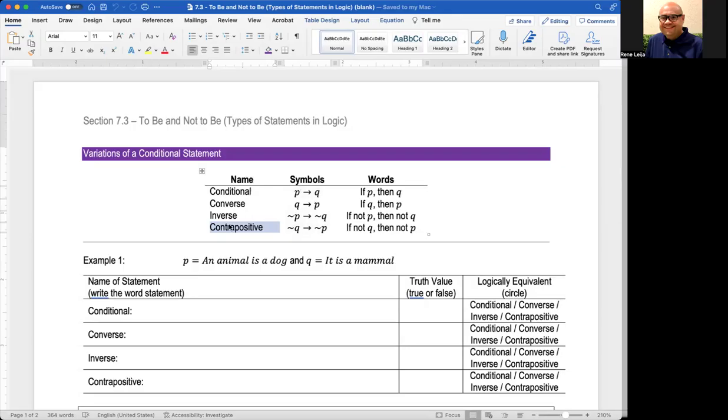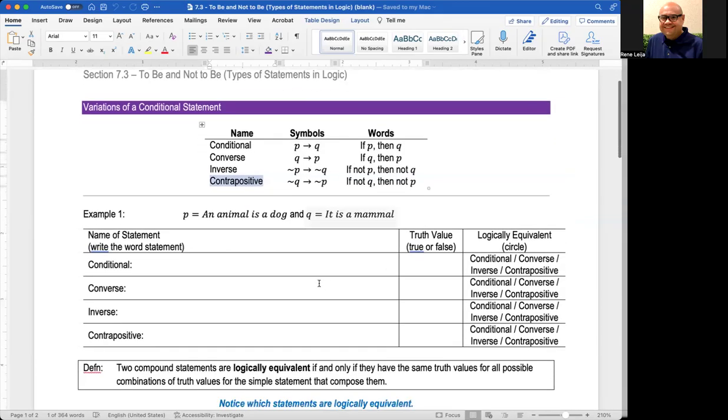Now, when you look at the names, conditional and converse, COND, CONV. So conditional comes before converse, the D comes before V. So conditional, converse. Then you have inverse, and then the one that just has a long name, the contrapositive. And then in words, that's what those statements mean. So make sure that you learn the name and the symbols in this order, because